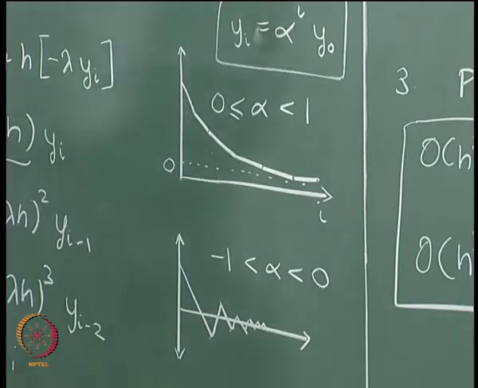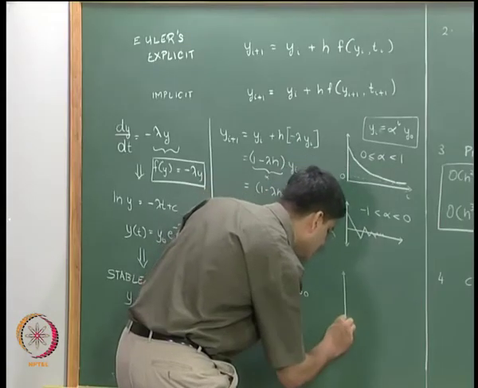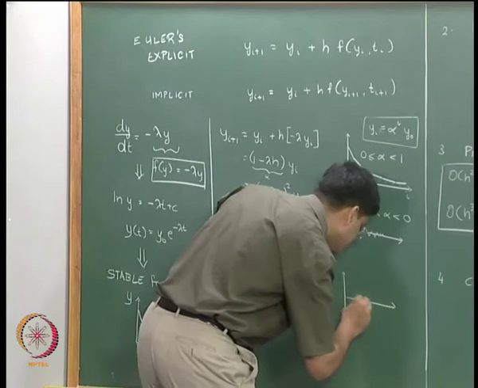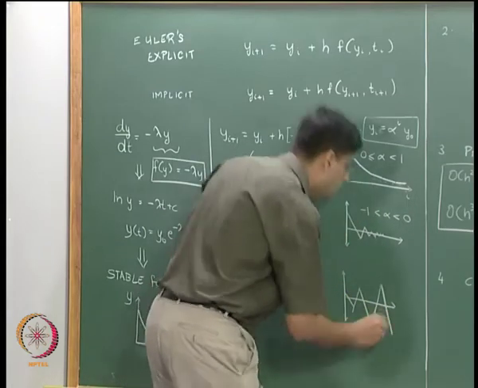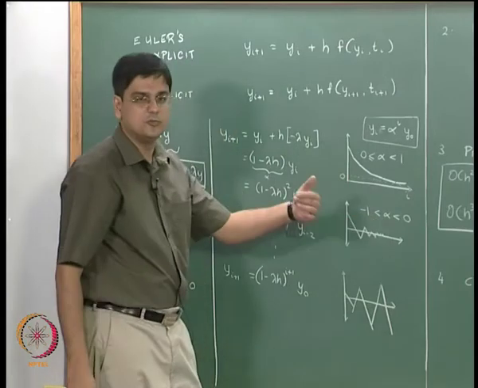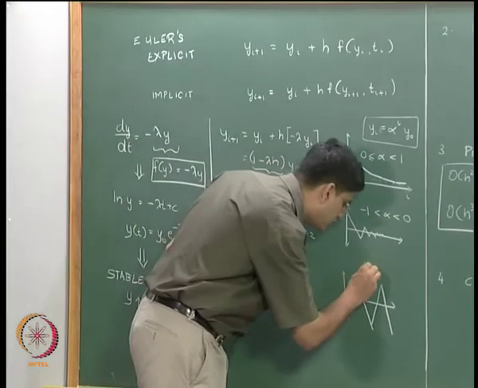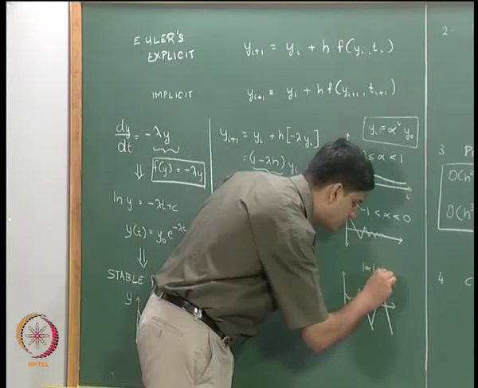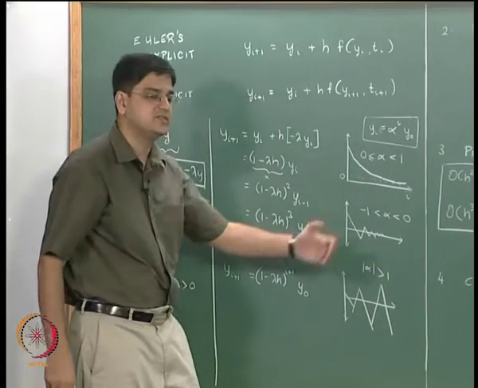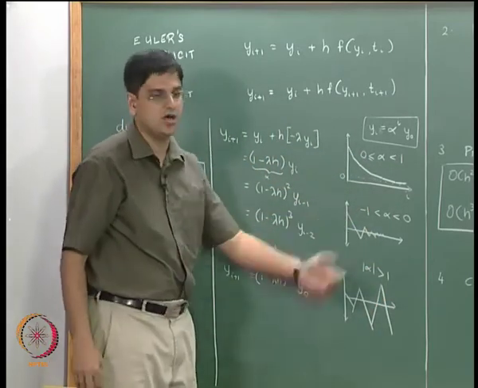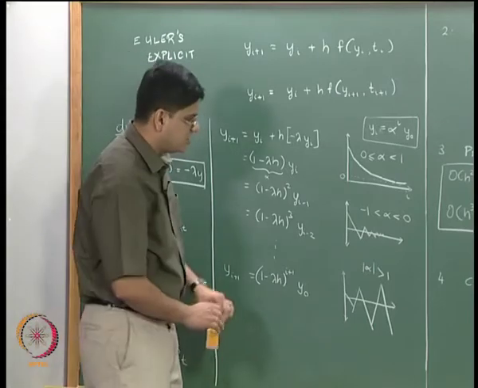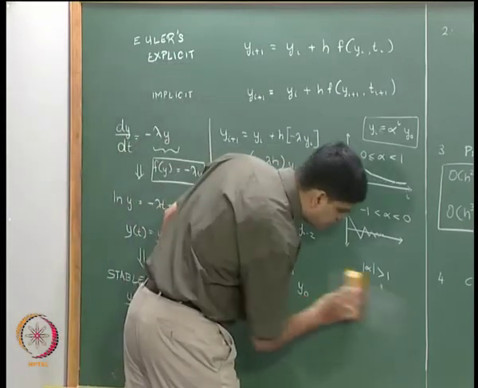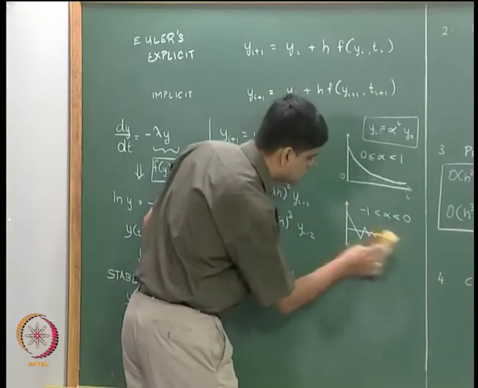Okay. And for the case where we get instability, we need the absolute value of alpha to be greater than 1. That means alpha should be less than minus 1 or alpha should be greater than 1. So, these are the various 3 conditions, and let us evaluate the first 2 conditions now.